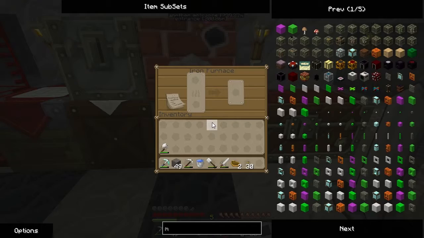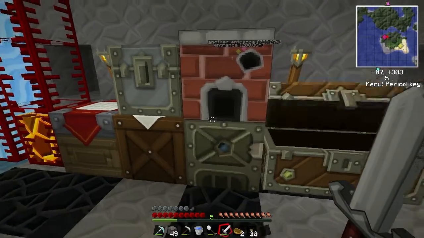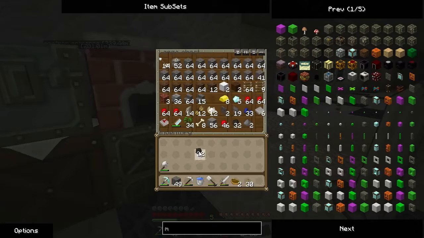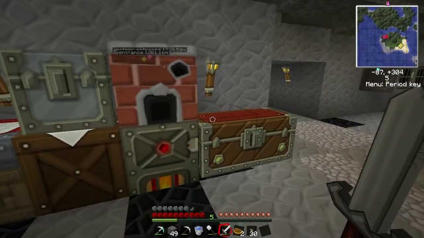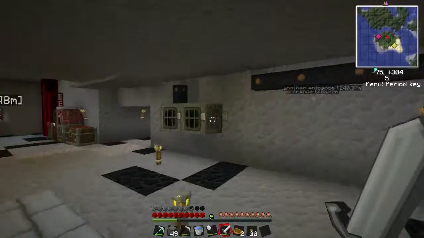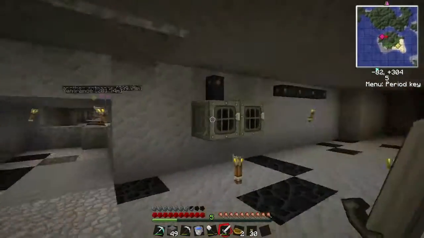Alright, well I got a boatload of ore I just got from my little mining trip. Potatoes. It's hilarious. We're science and we still don't have electricity on like day 3. I mean, we've got a generator now, but